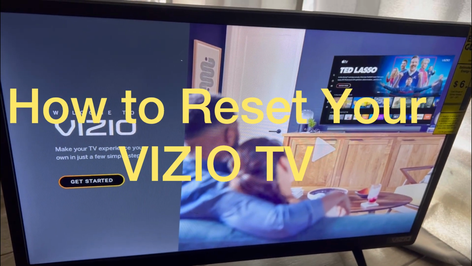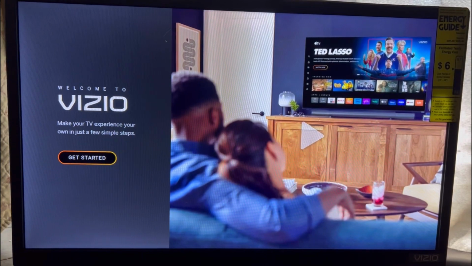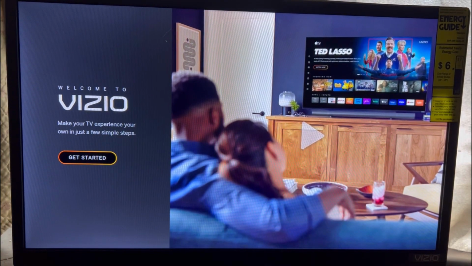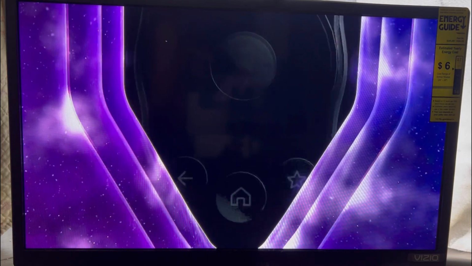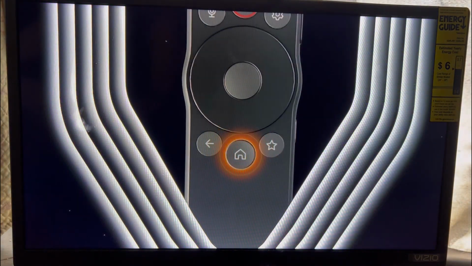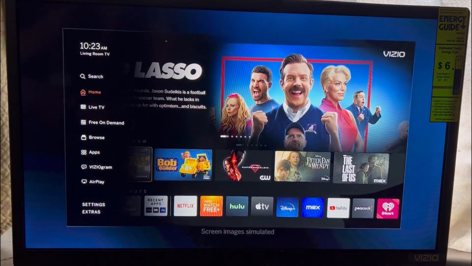So I'm showing you how to reset your VIZIO TV if you have one. So just use your remote, and this one is brand new and I've set it up, but I will show you how to reset it. So first, this is just showing you the very beginning of when you get started with your VIZIO